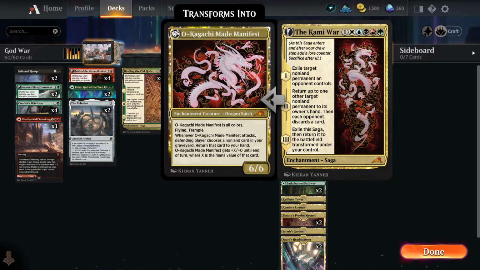If you can get rid of a token of some sort, in which case it just disappears entirely, that's even better, right? You get to draw a card, but whatever. People draw lots of cards, right? On the third turn, you get Okajichi, Made Manifest, who is a 6/6 flying trampling spirit dragon